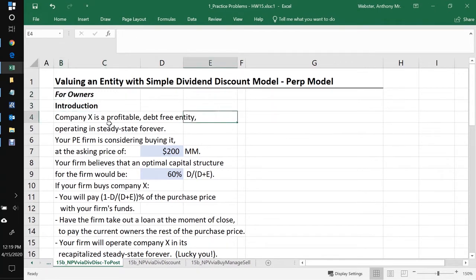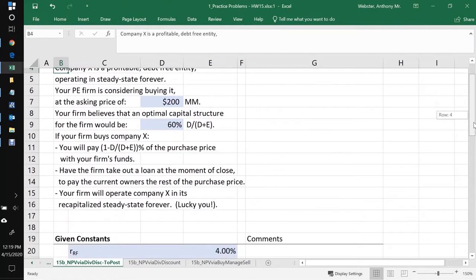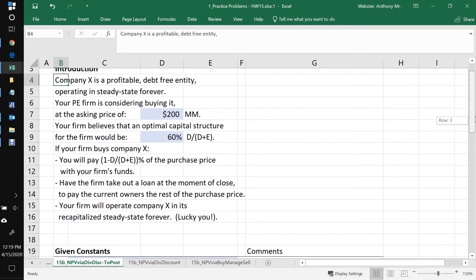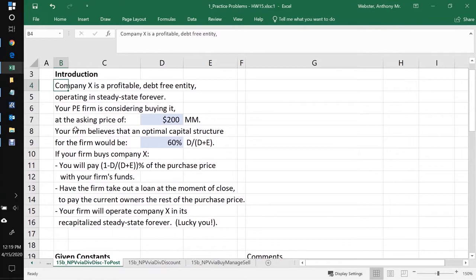All right, so here's a problem very much like what you might see on homework or on the final exam. We have a company that is profitable, starting out debt-free, operating in steady state forever. So that's the key that's telling us that it's a perpetuity model, and we'll be able to use the perpetuity equation to find the present value of its free cash flows, things like that. So we've got a private equity firm. We're thinking of buying it for 200 million, and we've done a separate analysis, which we'll learn about later, which